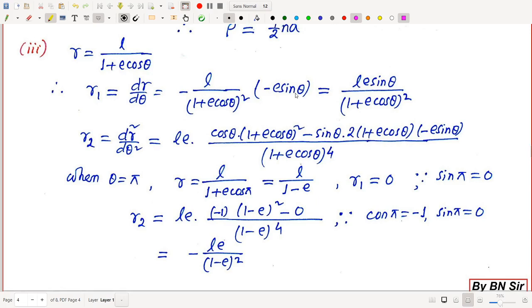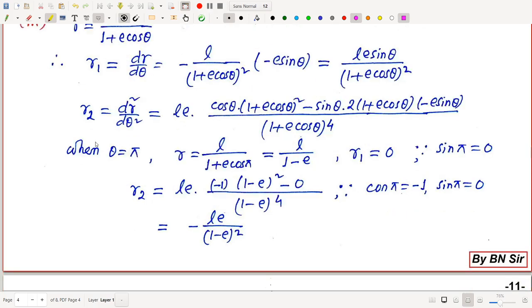Okay. And that becomes minus minus plus, L e sin theta by (1 plus e cos theta) square. Okay, now r2 is d square r by d theta square. So L e is constant, keep it, and u by v: sin theta by (1 plus e cos theta) square. So u by v derivative: (1 plus e cos theta) to the power 4 in the denominator, and in the numerator, the derivative of numerator is taken first, cos theta, and (1 plus e cos theta) square remains, minus sin theta numerator remains, then the derivative of (1 plus e cos theta) square is 2 into (1 plus e cos theta) into the derivative of 1 plus e cos theta, which is minus e sin theta. Okay,